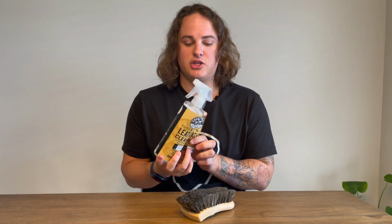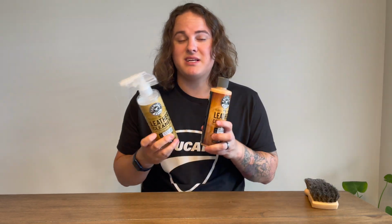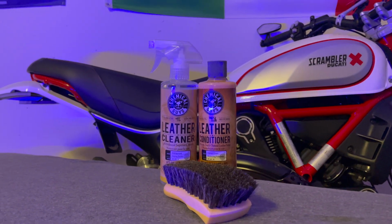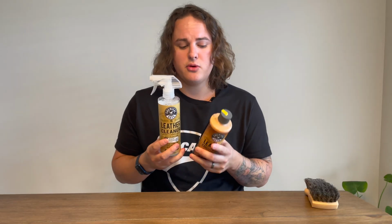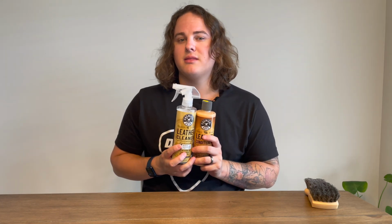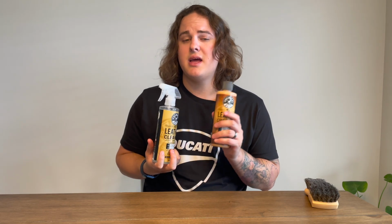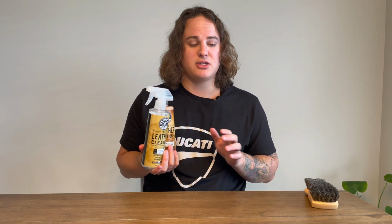For the seats, we're gonna be using their leather cleaner and leather conditioner. These come as a complete leather care kit. This is $24.99 for both things. We've already used these on my wife's seats in her BMW, and they work great. And yes, I'm aware that the Ford does not actually have leather seats. They're vinyl. But my Porsche has leather seats, and the BMW has leather seats, and so these are gonna be